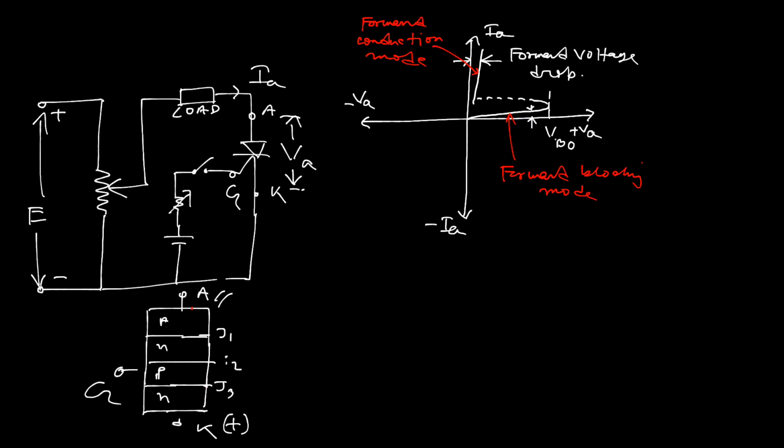That is why this phenomenon can be reflected on the VI characteristics also. In the initial case, when the cathode is more positive with respect to the anode, or we can say the device is under reverse biasing condition, then a small amount of leakage current starts flowing due to the presence of reverse biased junctions J3 and J1. If under any circumstances, on the application of a huge amount of reverse bias, the junctions J1 and J3 break down, then an inrush of current flows through the reverse biased junctions.